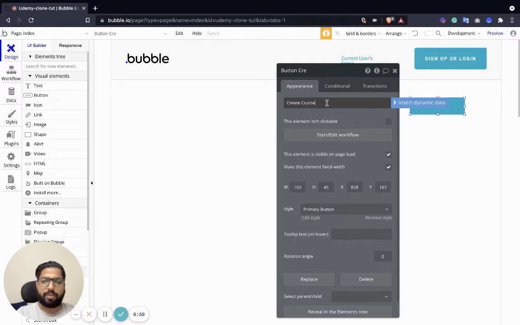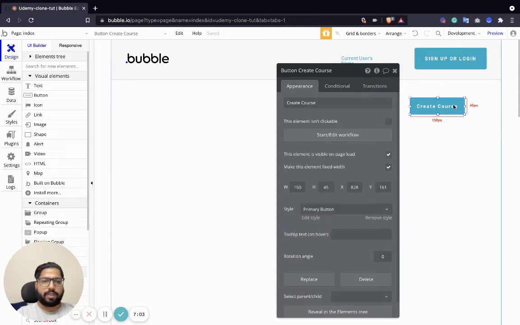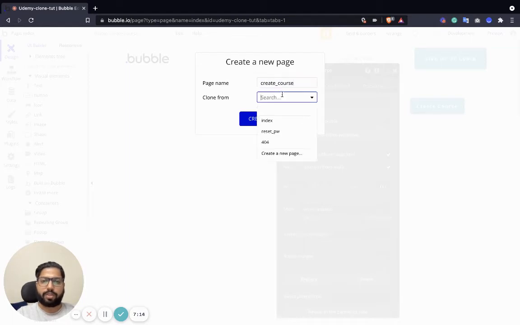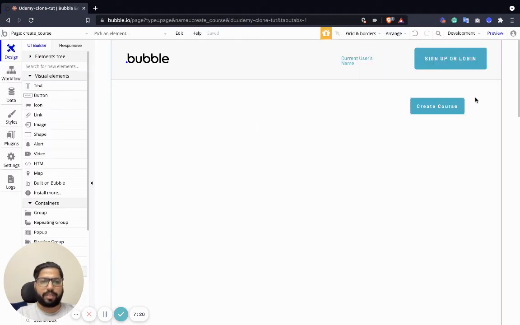Create course. What this will do is trigger a workflow to navigate to a different page where we can create a course. So first we're going to create that page. Create course. Yeah, a copy or clone of the home page, so that it will have the same width and everything. Just delete it and